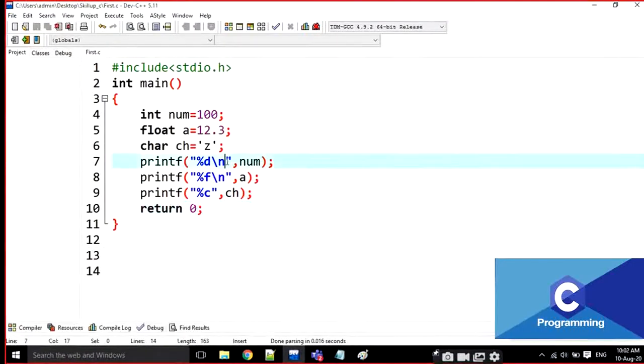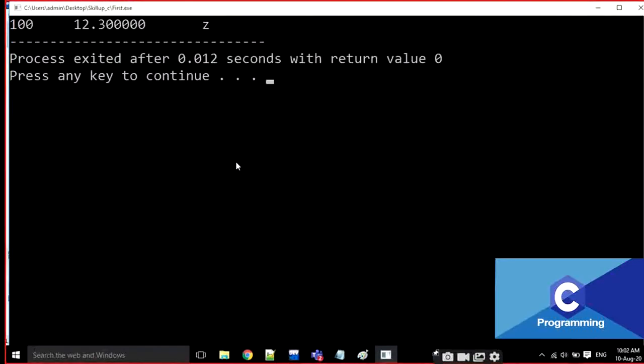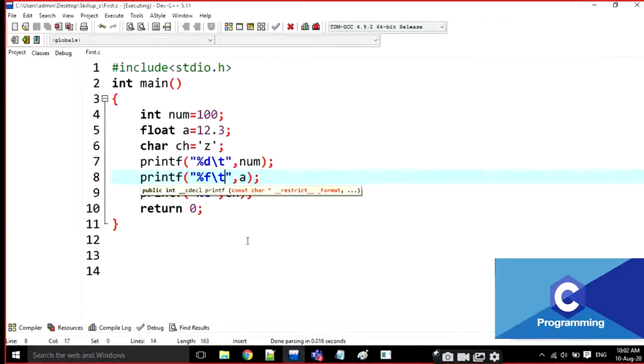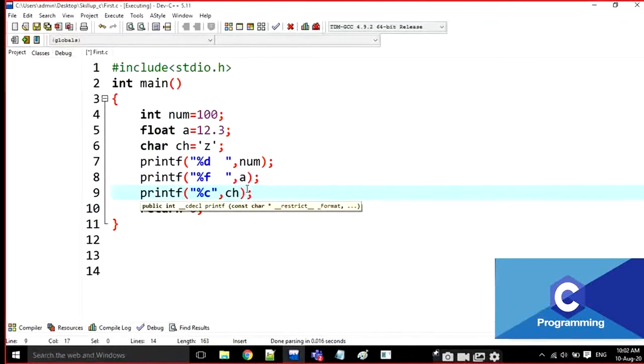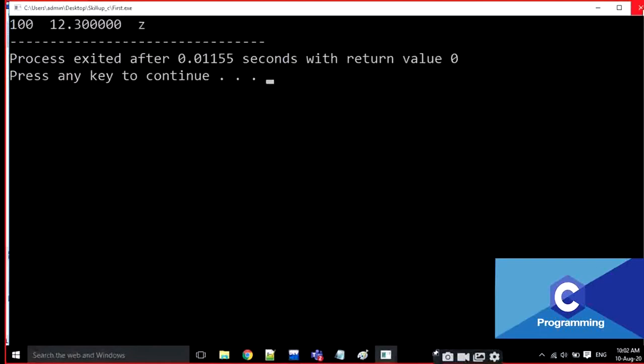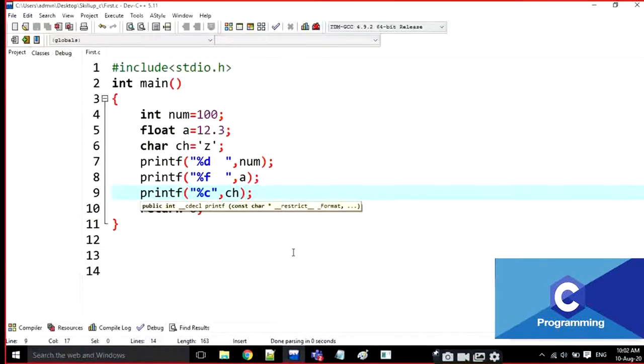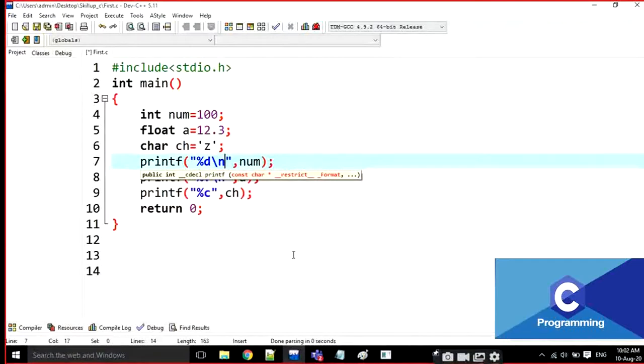And one more is there. That is a tab space. If I execute it, it is going to give some tab space. That means 4 spaces are there for every variable I am going to print here. Instead of that tab, if we want any space, if I give 2 spaces like this and execute it, it is going to print like this. No worries. This is the only one we are going to use every time: \n. \n represents new line.